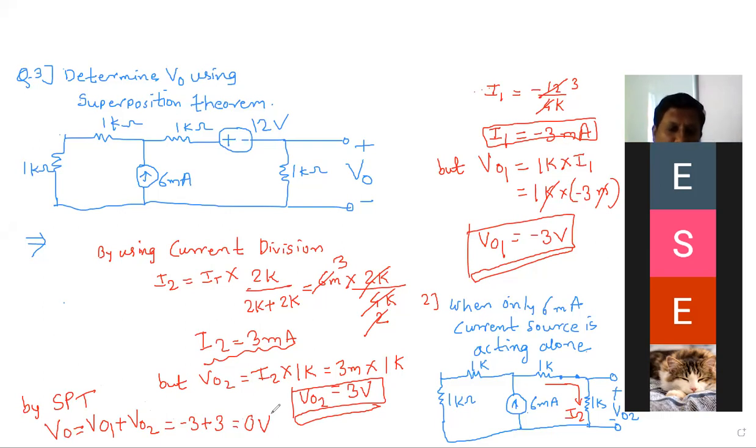So is it easy to apply the superposition theorem? I have solved a number of examples. I will give the notes in the study material sheet. You can refer to all those examples. You can practice, but due to the time limitations, we can solve only a few examples. Okay, so we have solved a total of 3 examples based on type 1. Now we can move towards the type 2 problems.